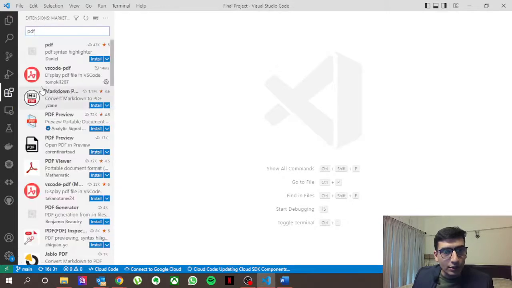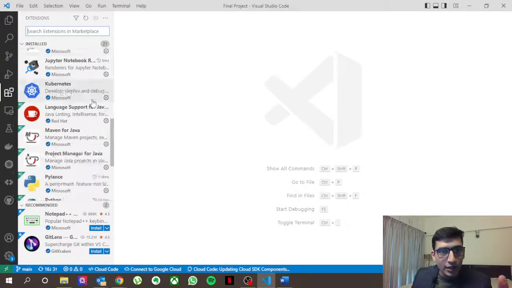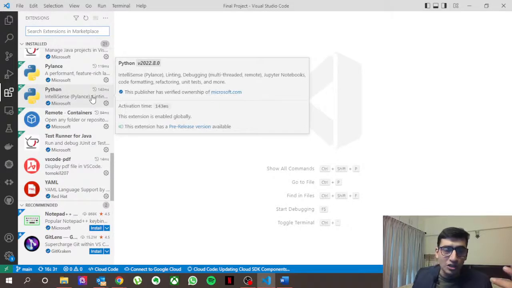Extensions can be used for a lot of different things. Now over here we just searched for PDF, but really I have extensions installed for C#, Cloud Code, Debugger for Java, and all of these different coding modules, which will basically allow me to access those file types on Microsoft Visual Studio Code. Now I think that should be enough for a quick introduction to this software